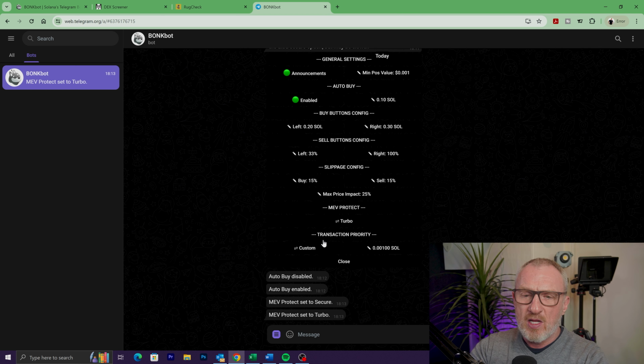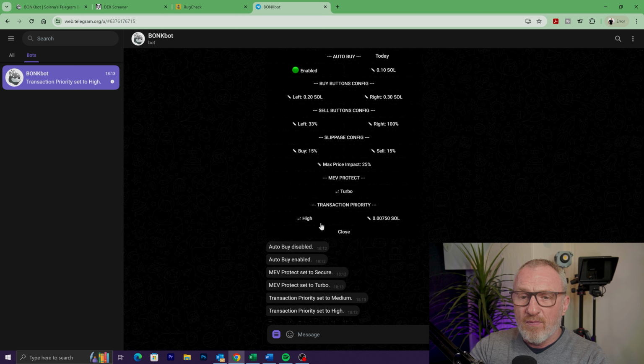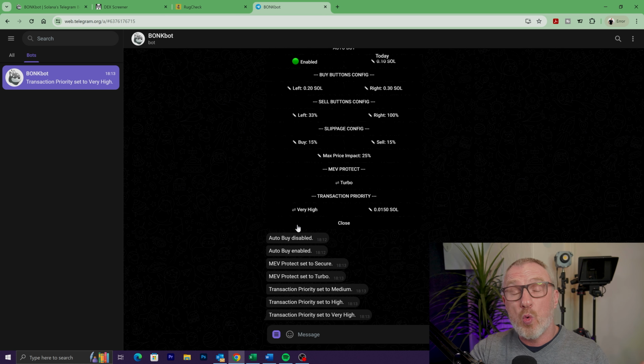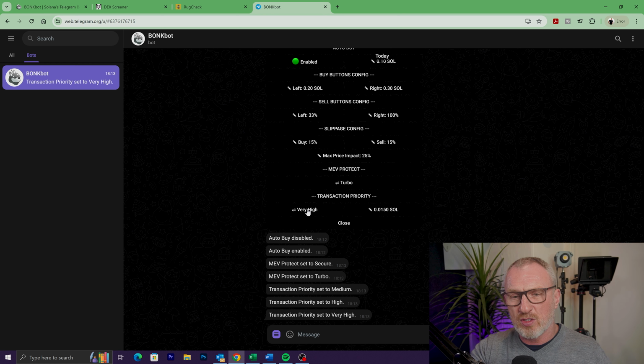Transaction priority, now you can set this to whatever you want, medium, high, very high. The higher it is, the quicker the transaction should go through, but the more you're going to pay in gas fees. This is the problem I had, you see. I did the video last week, but I've taken it down since because I was losing money on all my sells, so I wanted to make this point clear to you guys. If you have this set up very high, you're going to pay quite a lot of money in fees, and potentially your profits will not be very much. It will be kind of impacted by the fees.